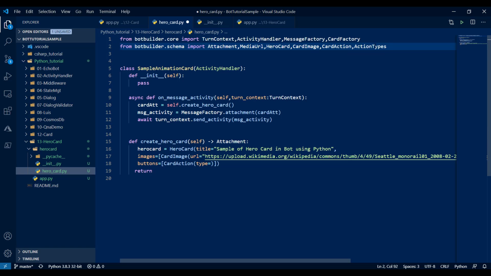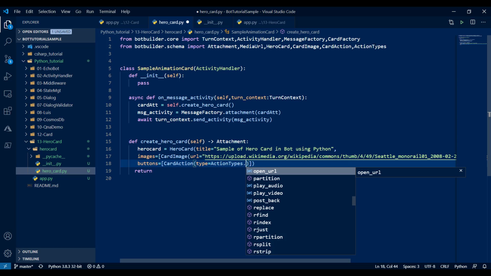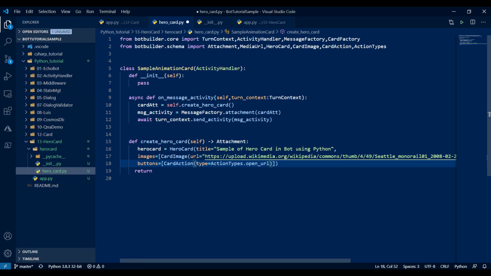Action types dot. There are different types of actions available: open URL, play audio, video, and many more. I want to open the URL, so I'm using open URL here. The action type is defined.